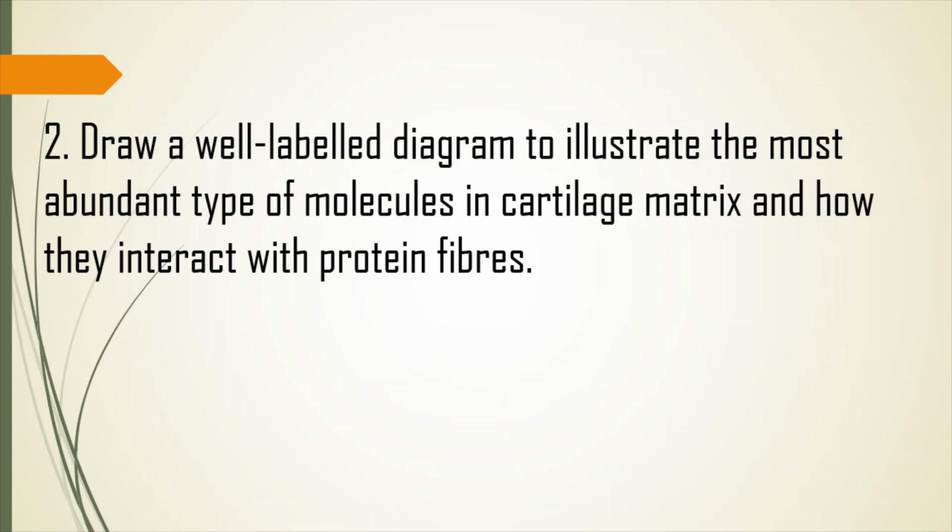So the molecules, the dermatan sulfate and the chondroitin sulfate, all of those things, you should label them. The keratan sulfate, how they interact with protein fibers and how they hold water in the cartilage, because cartilage is a highly vascularized